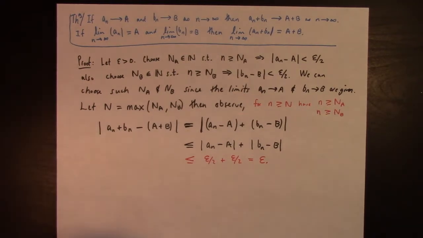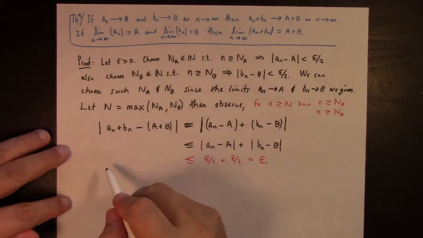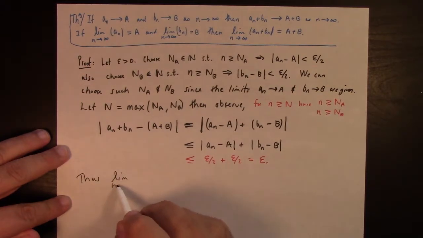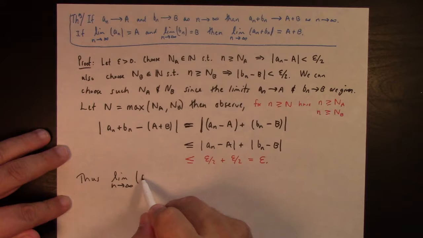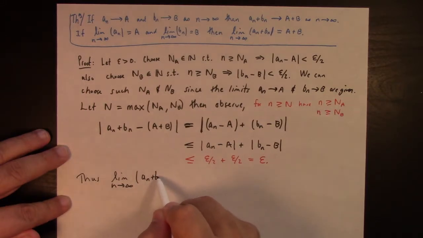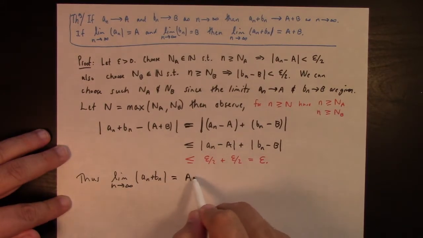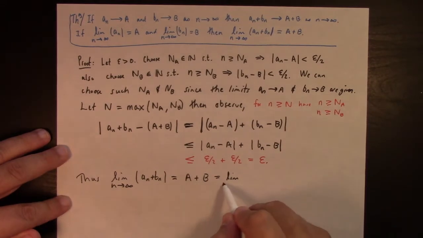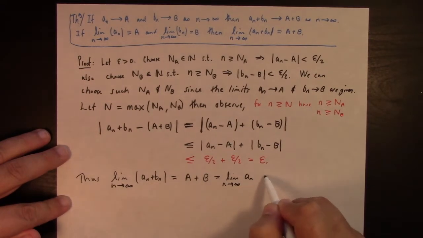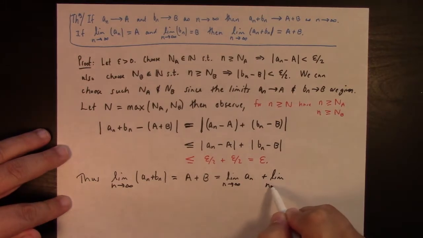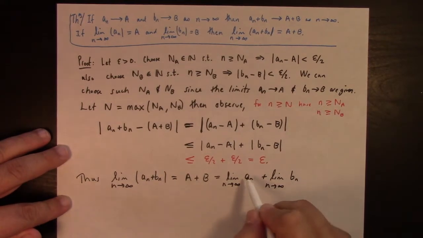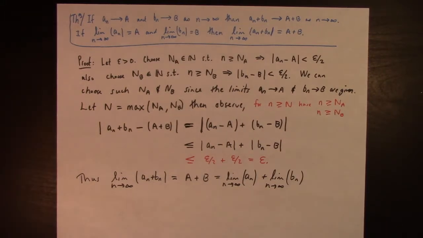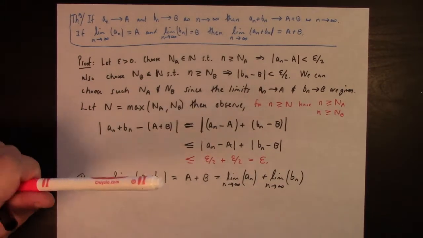Thus, by the definition of limit, the limit as n goes to infinity of a sub n plus b sub n is equal to a plus b, which, by the way, is the limit as n goes to infinity of a sub n plus the limit as n goes to infinity of b sub n. So there you go. That's a nice proof of something,